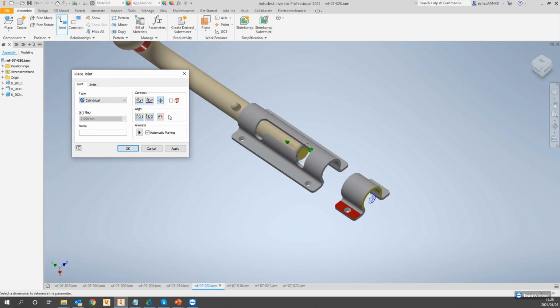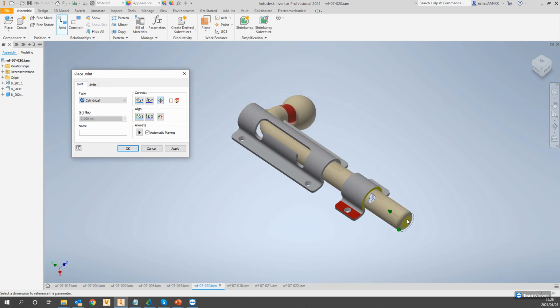So what is the cylindrical joint? The cylindrical is a combination of rotation in one axis and slide across another axis. And you can see it's doing exactly that. I've chosen that plane and that plane. It's rotating about one axis and sliding along a perpendicular axis. It will detect automatically which way to slide. So if I play that again,